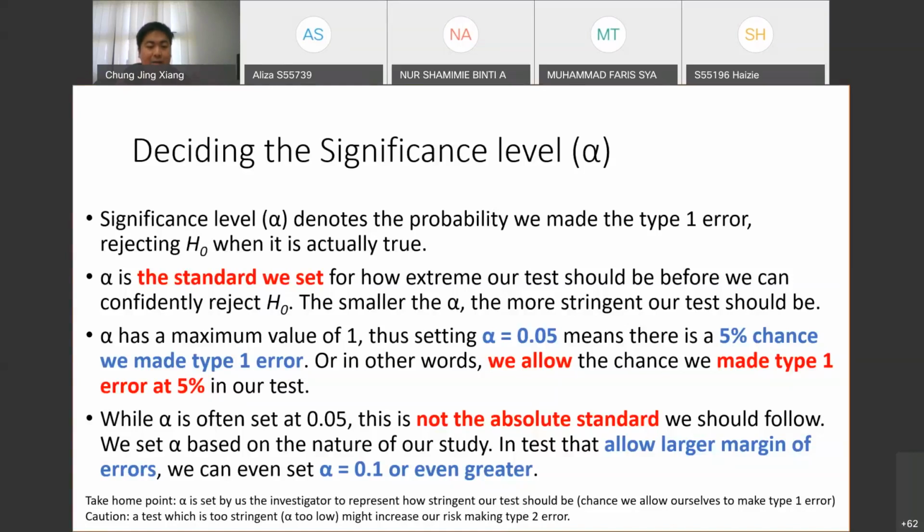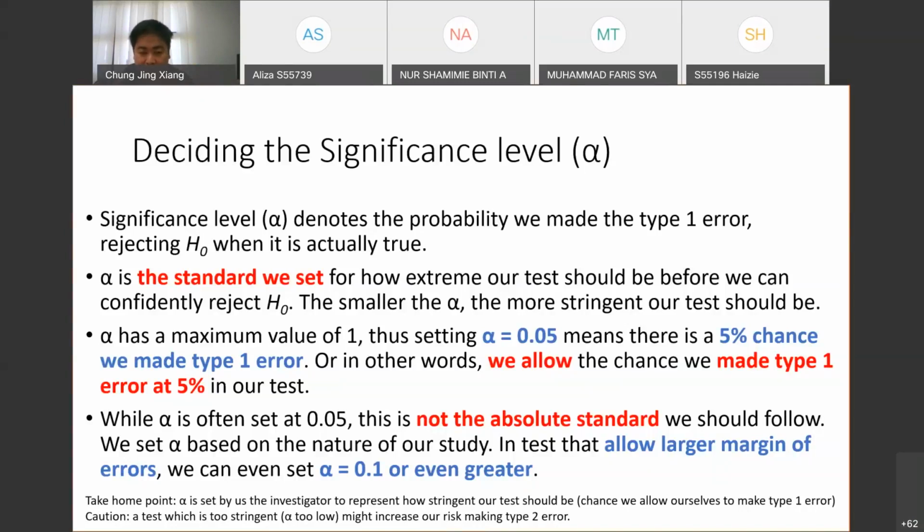When you see alpha is 0.05, you know this researcher has set the allowed error to be 5%. So when you want to work with your PITA project and do a statistical test, you have to think: how much of a larger margin of error is allowed, or do you have to be very accurate? Usually a larger margin of error you can use when you want to test something